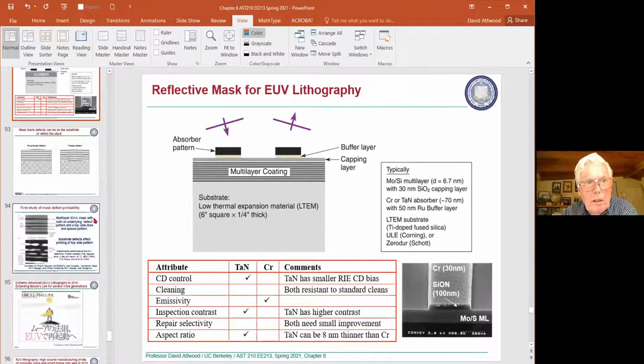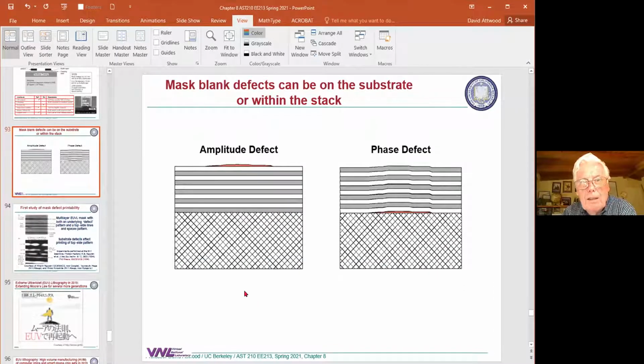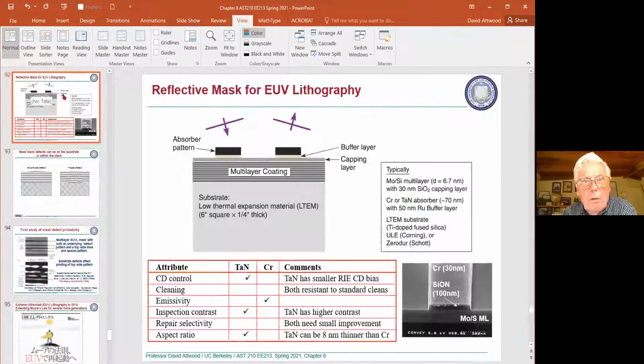so we're almost done. This is what a big issue is. Were there any defects in here? This is the perfect thing. Was there some little something or other here that's absorbing that wasn't supposed to absorb? Or was there worse? Was there something hidden in the multi-layer coating, maybe on the bottom? Maybe the bottom wasn't as flat as it was because there's a little speck of dust, a few nanometers in